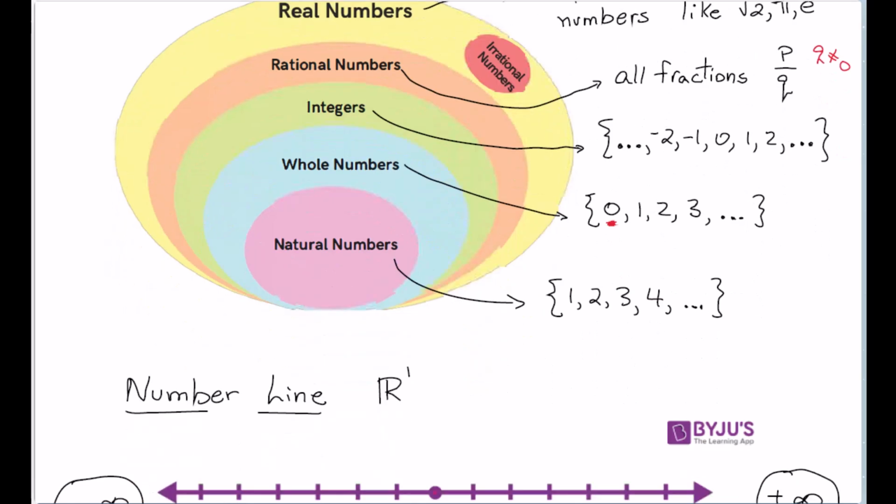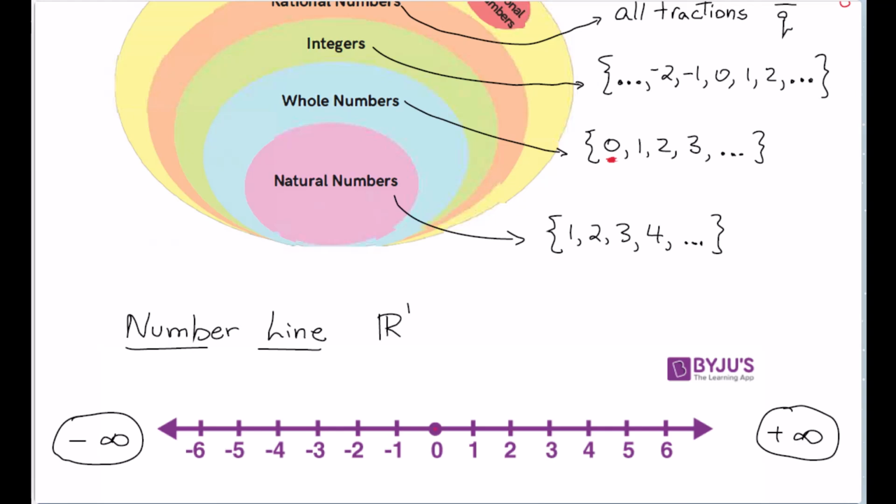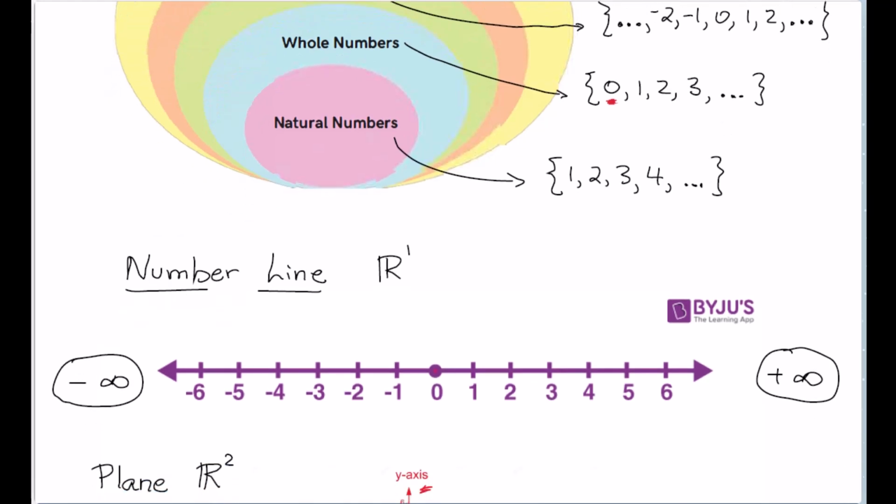We also have our number line. The number line is called R1, R1 because they are real numbers. Here's 0. Going to the right, we've got all the positive numbers. It goes off to the right forever, and right forever is plus infinity. If I go to the left, I've got all the negative numbers, and if I go to the left forever,